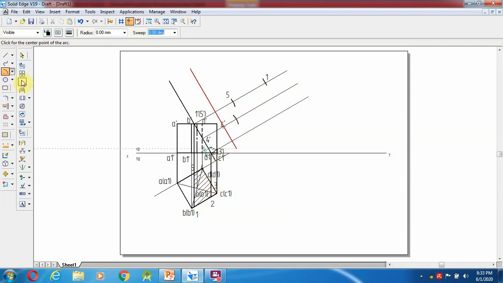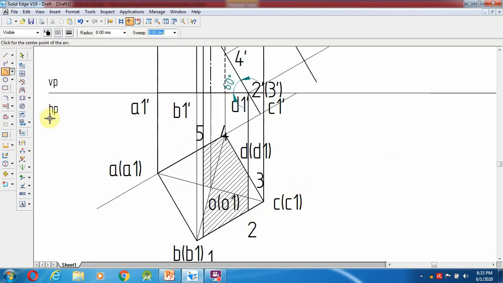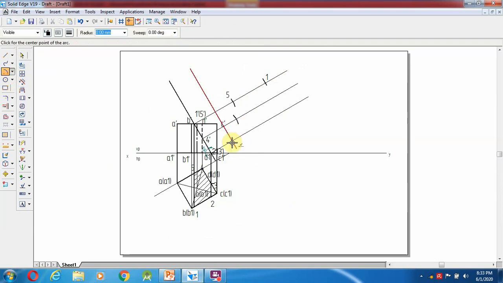From here, check the distance from this point to here. So what is the dimension? 31.48. Select line from here, give fit, 31.48, enter.